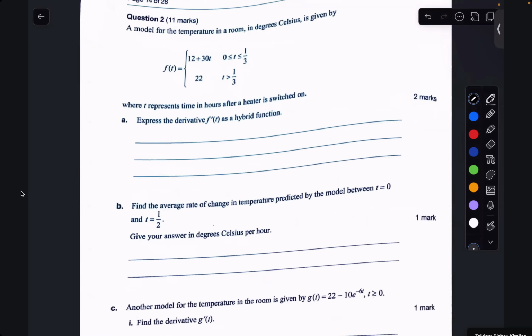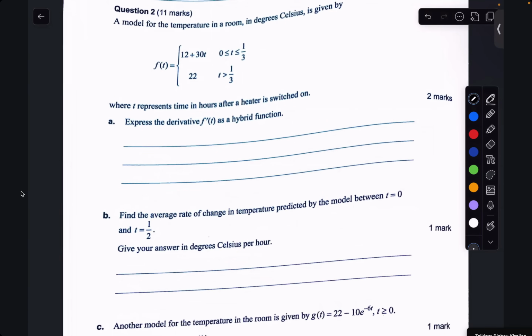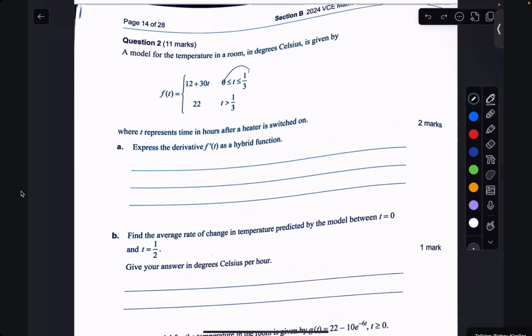Express the derivative as a hybrid function. So here we've got this common theme of the derivative with the endpoints. But just be very careful. This time it actually matters, because if the gradient is the same at that point, then remember we can't differentiate a sharp point. But if they're joined smoothly,